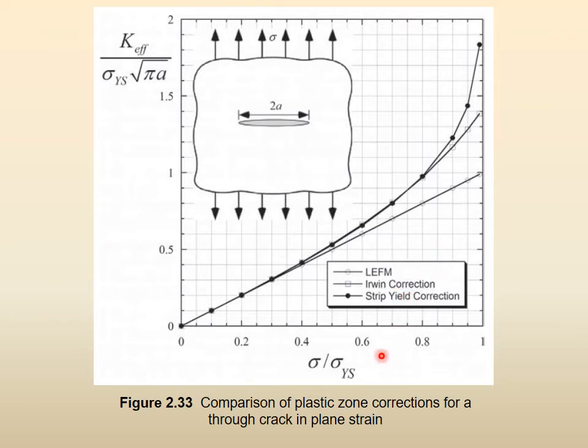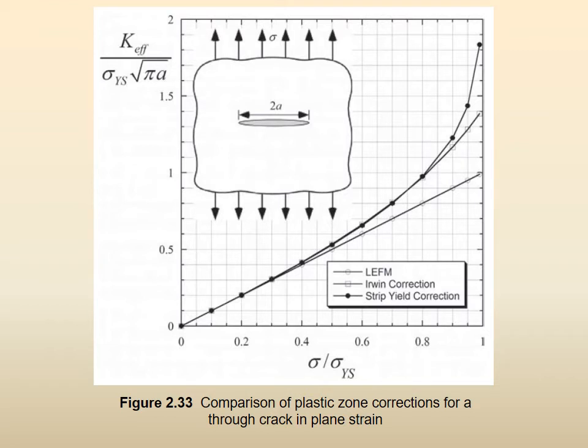But if the applied stress is more than 85% of the yield strength, we are very close to plasticity, right? Very close to yield strength. Then yes, we should use the strip yield correction. And this is a sharp crack of length 2a in an infinite plane plate where the remote stress is sigma. So all the corrections that we did are simplified in one graph here, and we understand that as long as we are until about 40%, 50% of the yield strength, we do not need to apply any plasticity corrections.